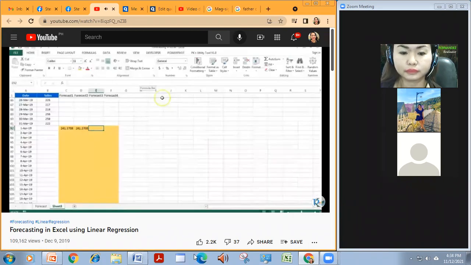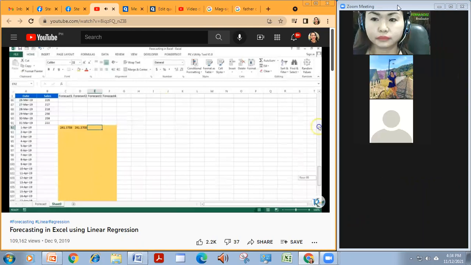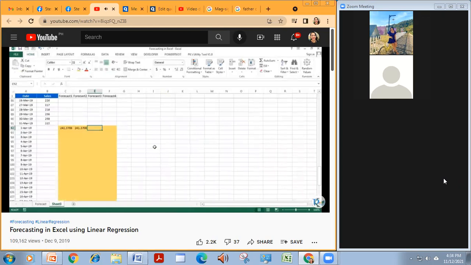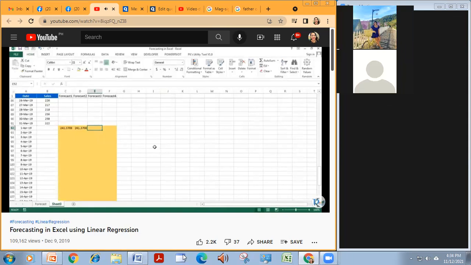Now the third method, we will use the equation. So the equation is basically y equal to some value times x plus again some value. To use linear regression, the formula is y equal to mx plus c. Y is the new point which we will get, then m is the slope in the data, right?